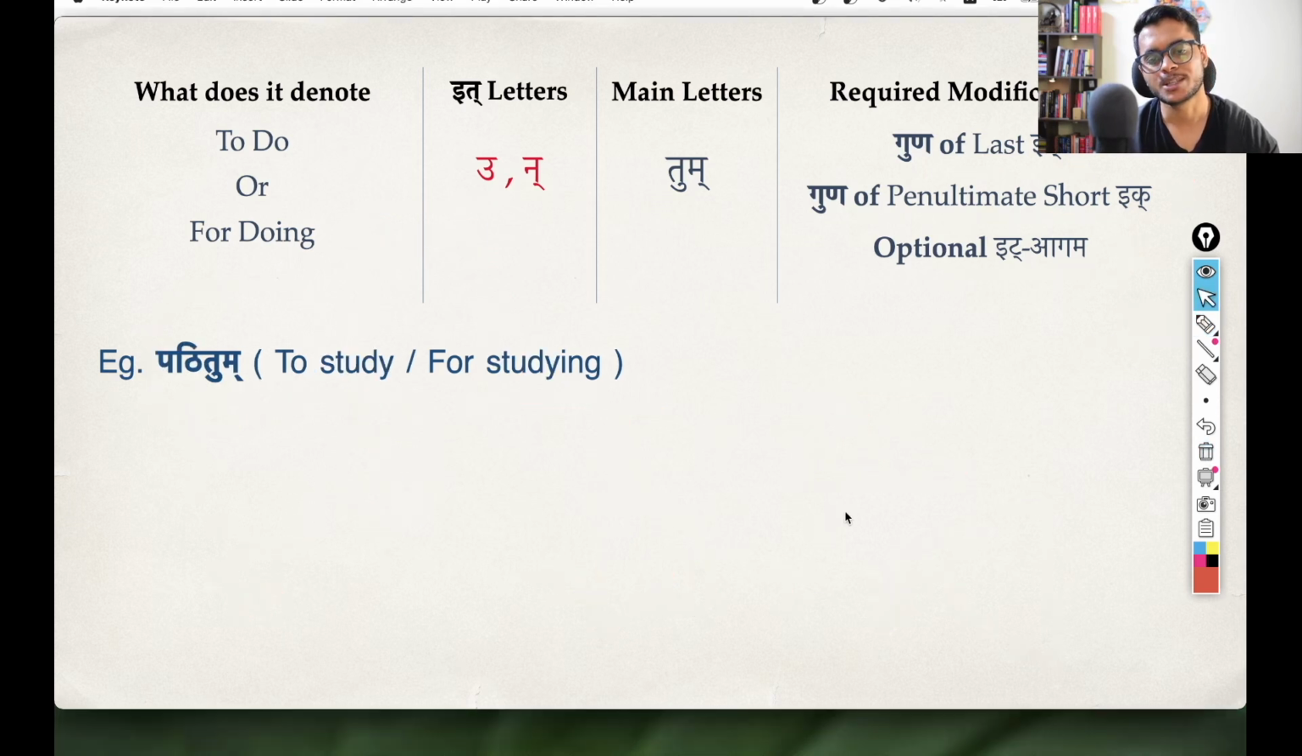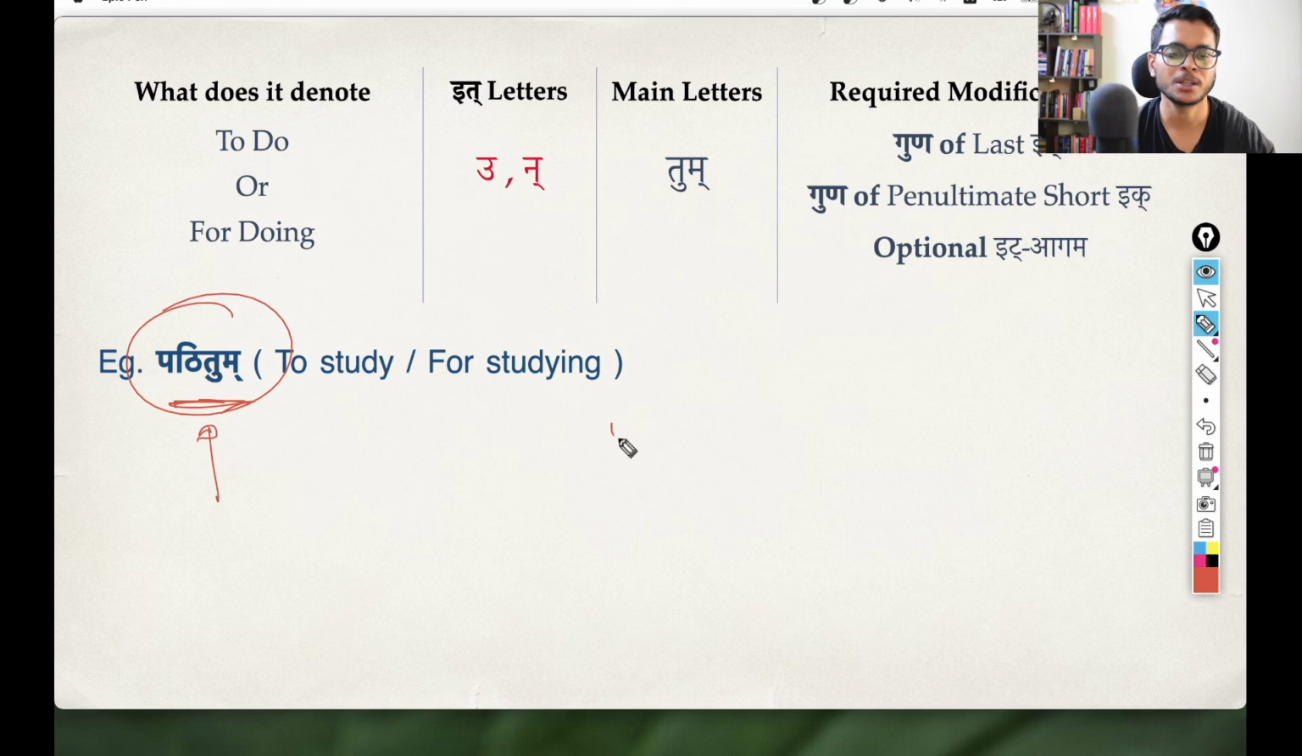Let us take a few more examples. So now we have this pada pathitum. Balakaha pathitum vidyalayam gacchati. This is the example I took. That boy goes to school for studying. So this pathitum is the pada. Again, all of you will notice pat